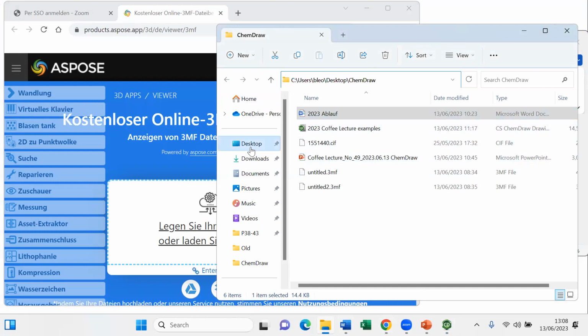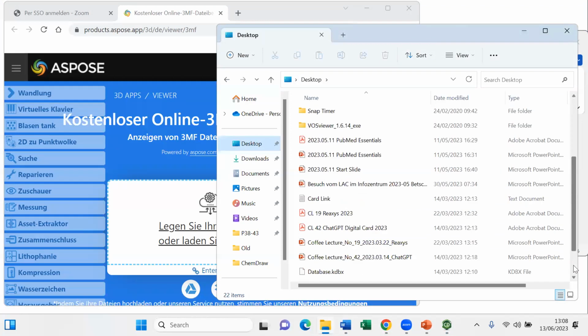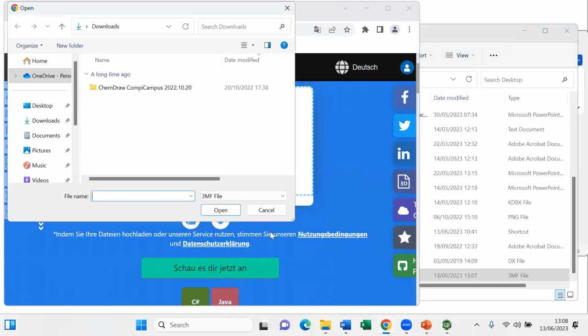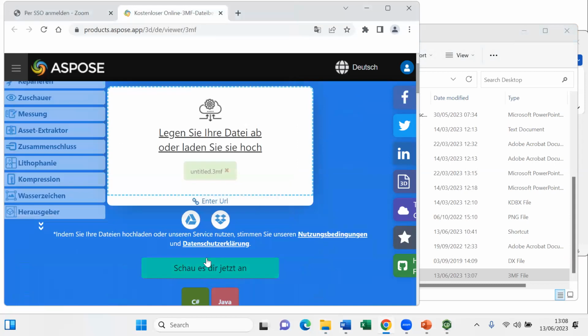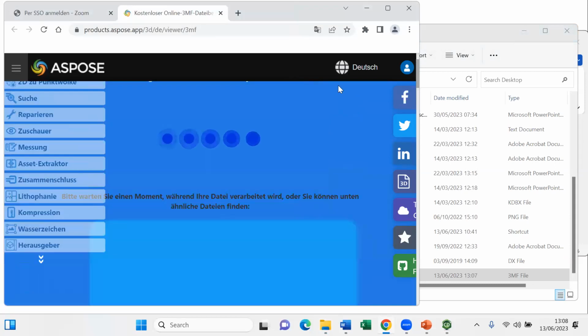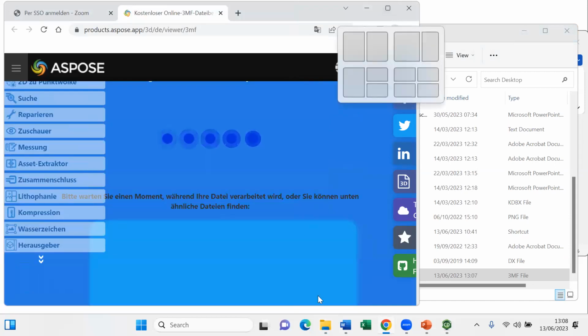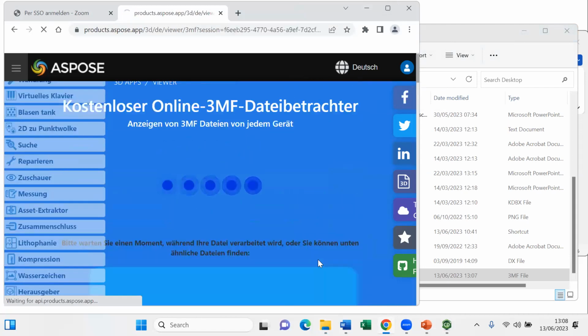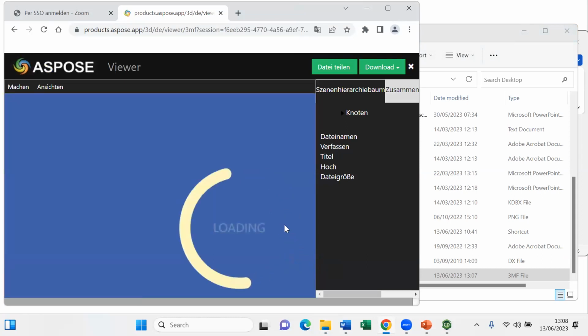And now I quickly have to go through the desktop, see where I have my 3MF file. And then it will take a moment to actually look at this. If it takes longer, now it comes, hopefully.